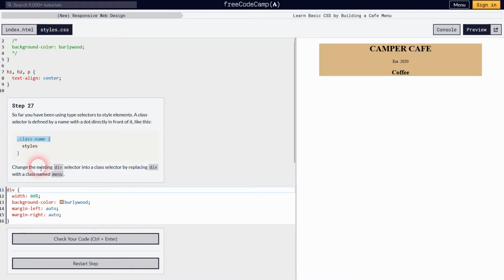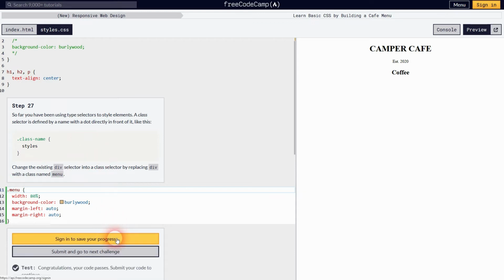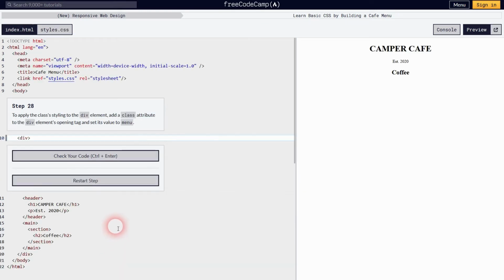The way to write it is basically the same, so nothing truly changes. Let us change the div to a menu. And now the only thing that's missing is this dot, which indicates that menu is now a class. We haven't added a class to anything, so nothing's going to change in our browser,